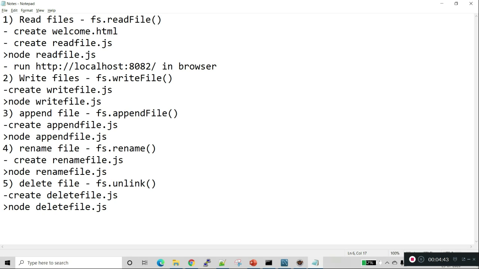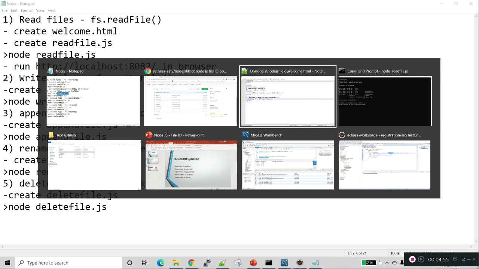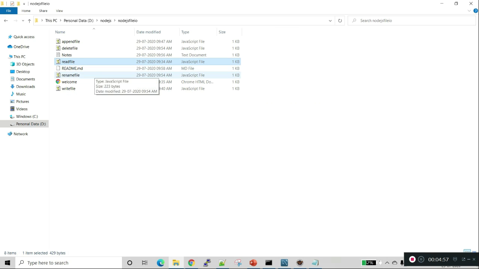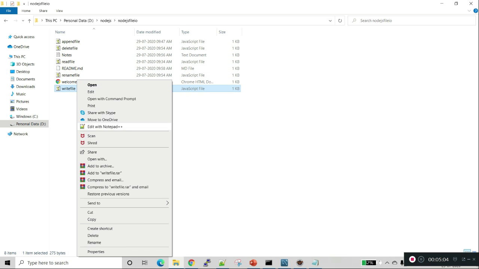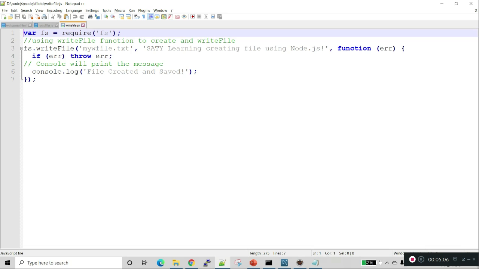The second one is writing the file. For writing the file we need to use the writeFile function. For that I have created a writefile.js. This is the writefile.js. It's very simple.